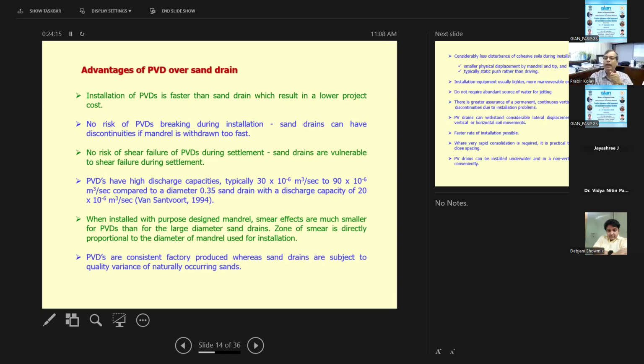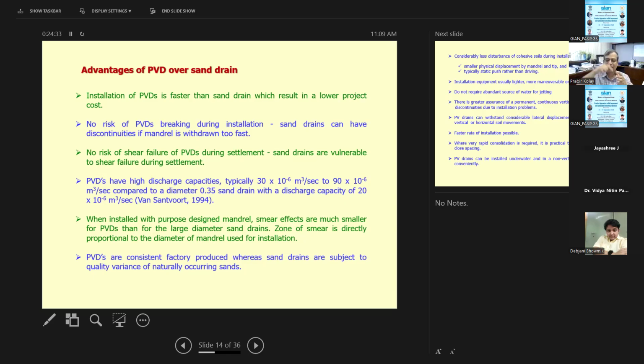No risk of PVD breaking during installation, whereas the sand drain can have discontinuities if the mandrel is withdrawn too fast. Okay? The mandrel is a steel pipe, right? So when the PVD breaks, no risk of breaking of PVD because it is a